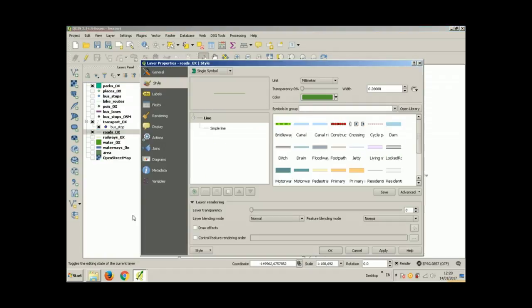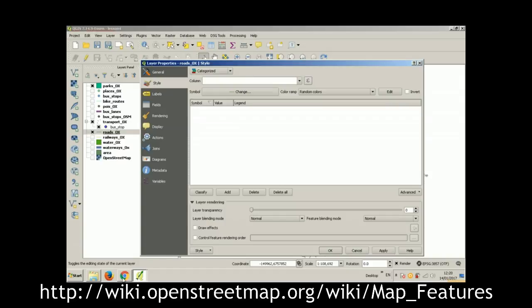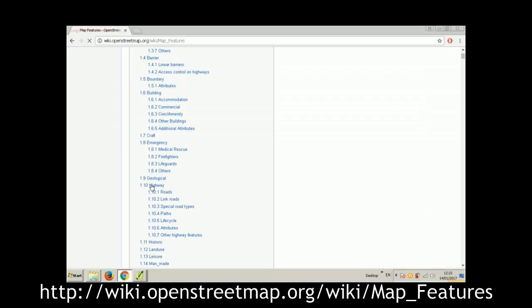Right-click Properties, Style. Since we are dealing with free and crowdsourced data, we cannot know for sure that the roads have been correctly categorized, so we need to check. I think it is easier to visually check. So first let's categorize the data. You can read in the wiki OSM what each category signifies. Please go to the link